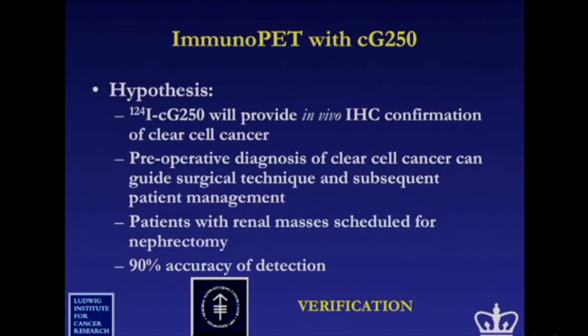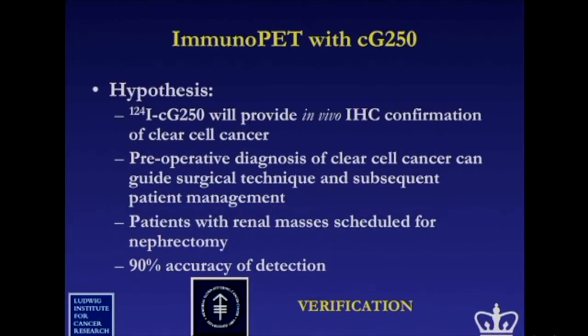So we looked at the literature and found that the accuracy of biopsy, contrary to what you might believe, is not 100%. Even in the best of centers, the accuracy of biopsy is about 94 to 95% when compared to surgical resection of the mass. So we said we will use a very high threshold. We will use 90% as our accuracy determination standpoint. So we used 90%, and you can read the paper if you want to know exactly how we went about it.